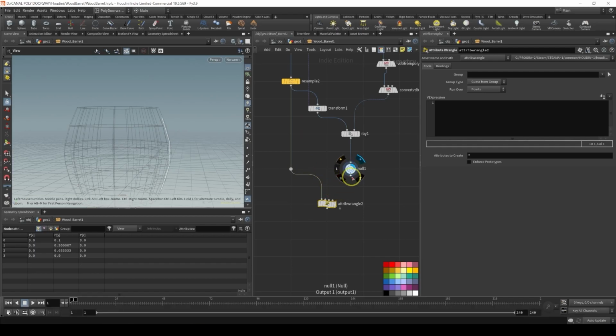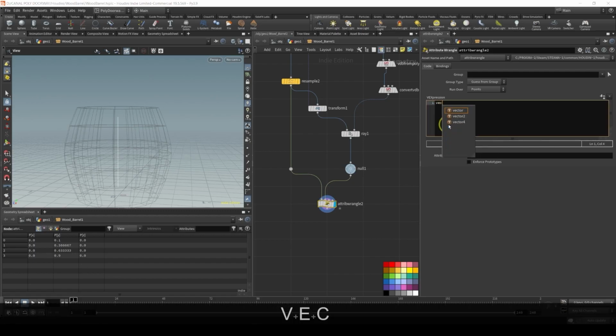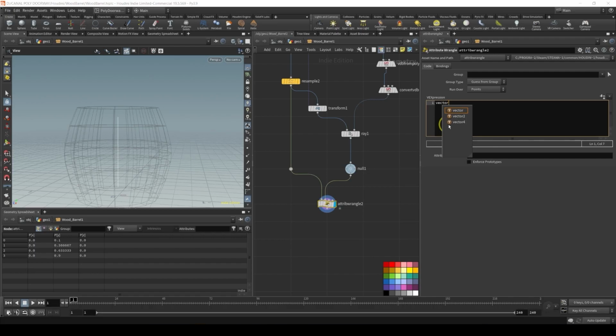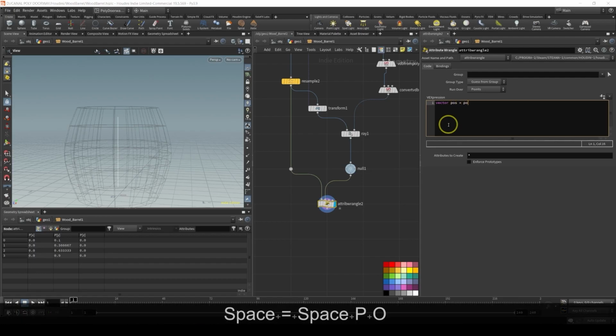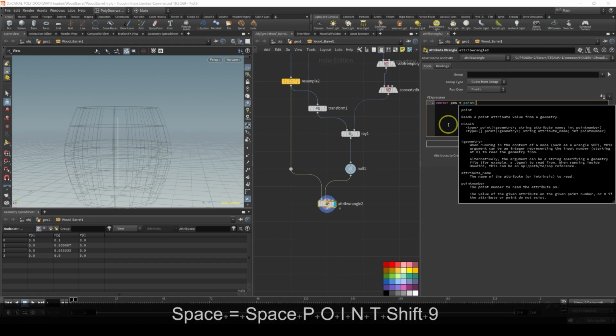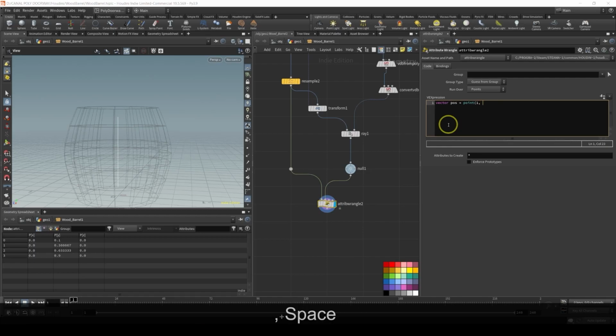This transformed line will be in the second input of the attribute wrangle. Now let's grab the position of each point of the transformed line. So vector pos equals point of the second input